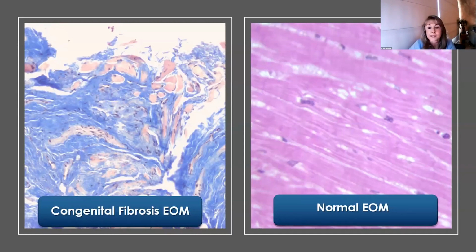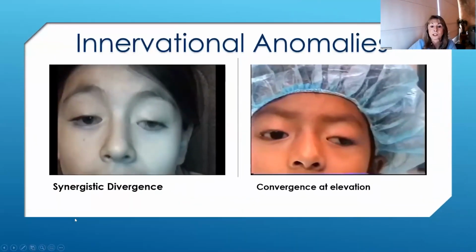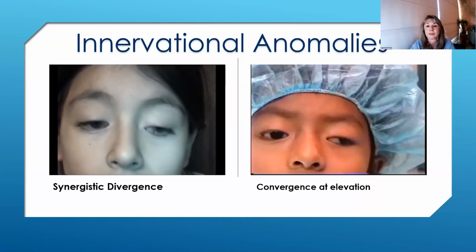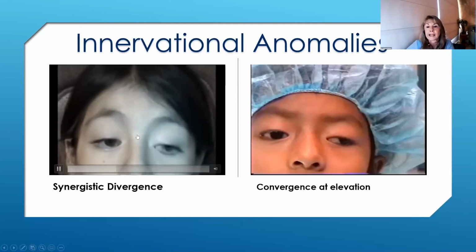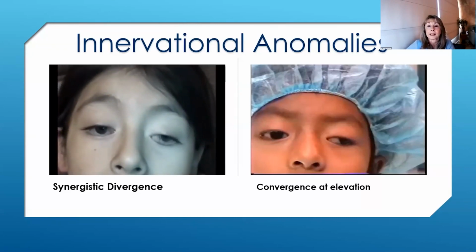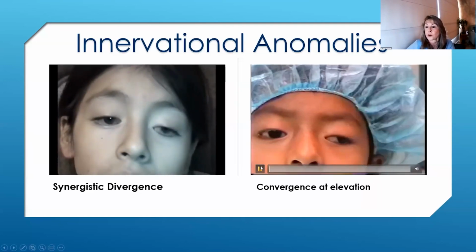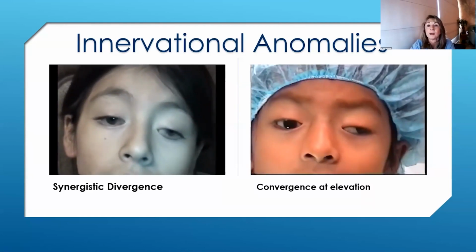On top of these important anatomical changes, in many of the patients you will find rare innervational anomalies like synergistic divergence, here on your left, and convergence at elevation. You will see here on your left the girl, when she tries to look to the right, the left eye not only does not adduct, but it does abduct. In the patients who show convergence at elevation, when trying to look up, both